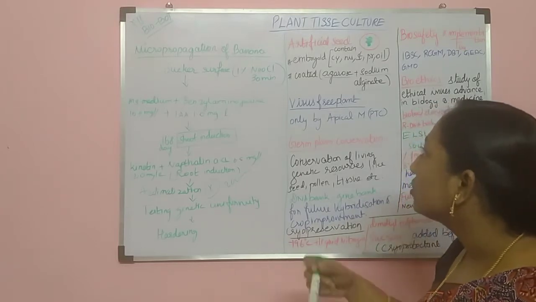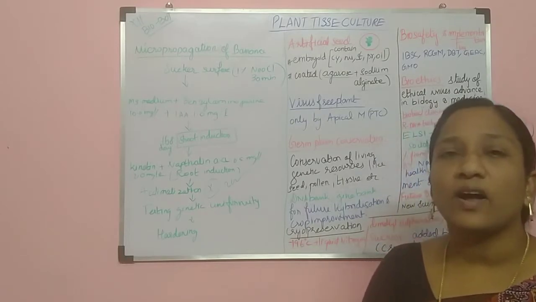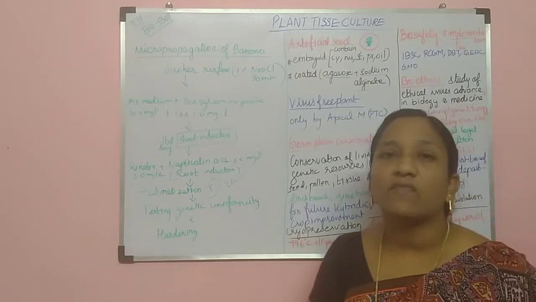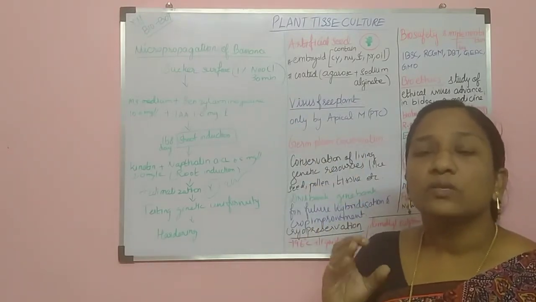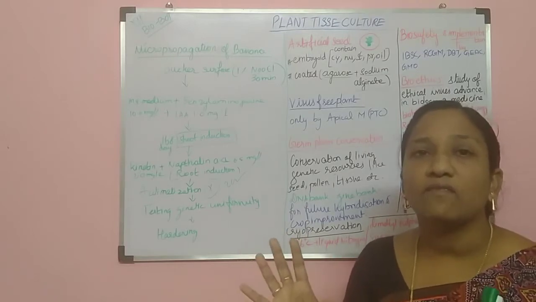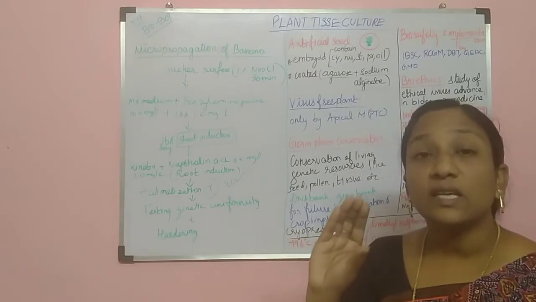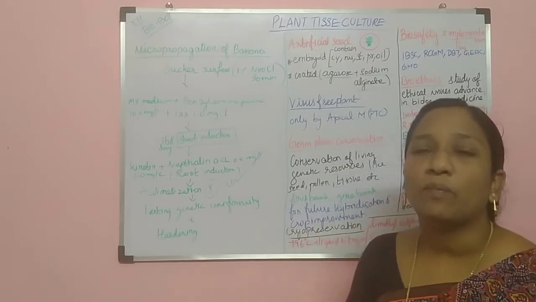So for that, they choose the apical meristem. Where can we find the apical meristem? We can find the apical meristem in the root tip or the plant tip parts. Okay, also in intercalary sites and lateral sites. So these are the areas where we can find apical meristems. These apical meristems will be selected, and then the apical meristem will be allowed for plant tissue culture.